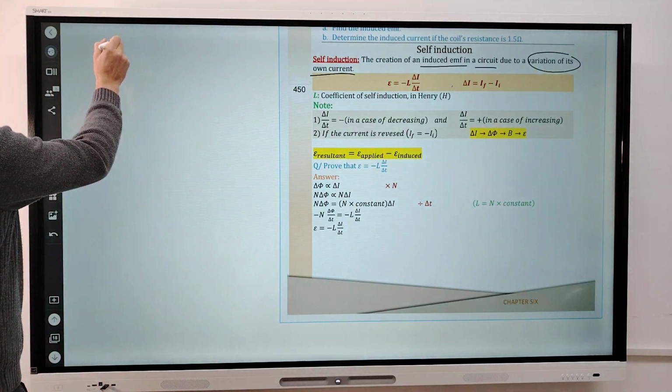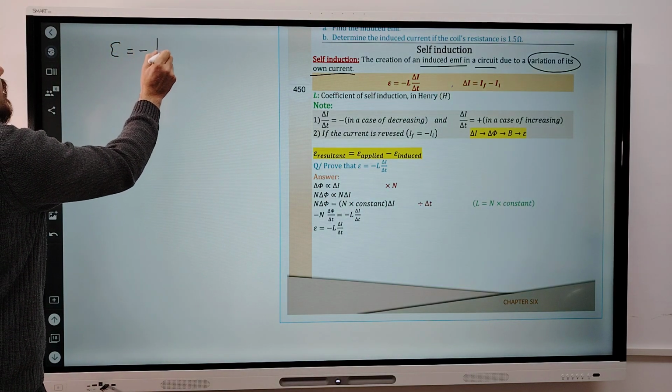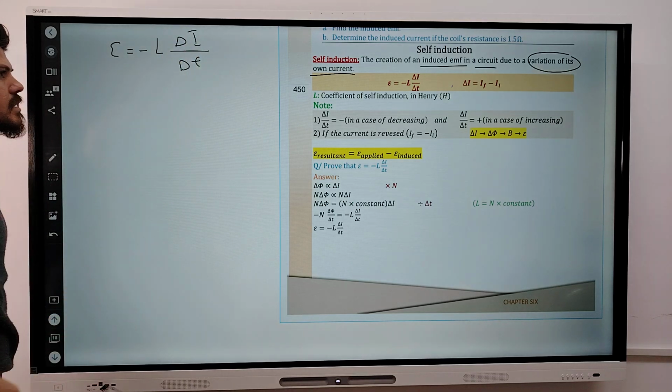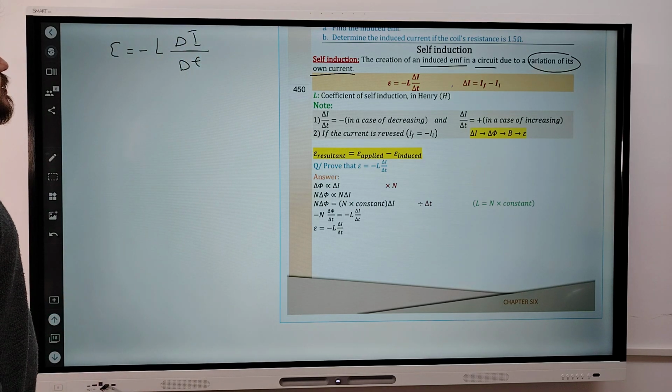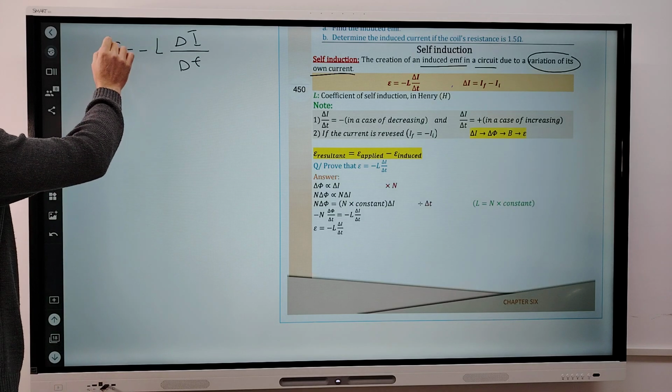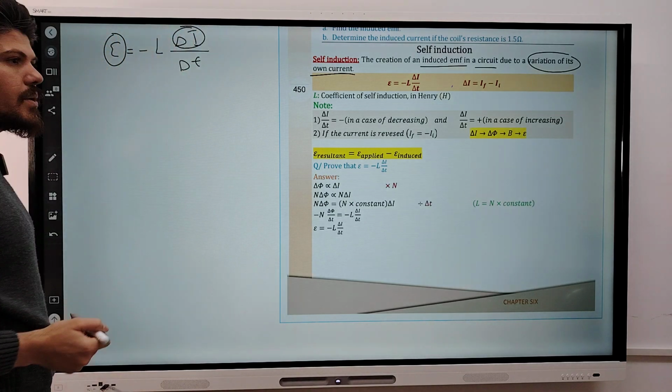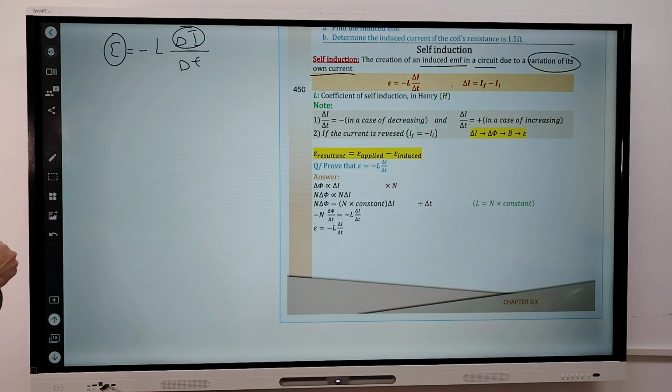According to this equation, EMF is equal to negative L delta I over delta T. This is the equation of self-induction. In self-induction, the EMF is induced as a result of changing what? Changing the current. So to prove this equation,